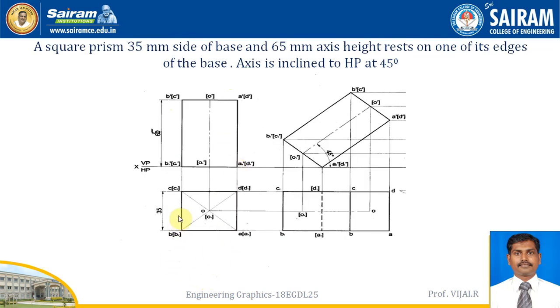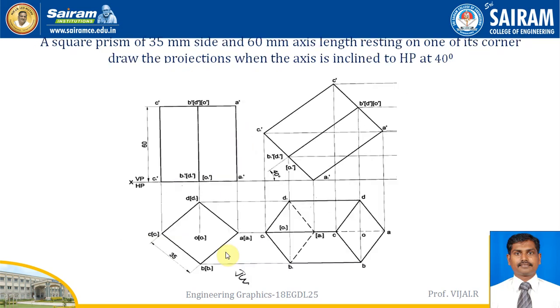Here you can see this edge and this edge only. When we are seeing here, I can see this and this. This is AA1, BB1 only I can see. Here BB1 is there, AA1. Only these two edges we can see, but in this case we can see CC1, BB1 and AA1. So AA1, BB1, CC1 will be there. It should be in dash. The front view we have to make dashed, and the top view no dash is required. Either you can mention 1, 2, 3 or A dash, B dash, it's up to you.